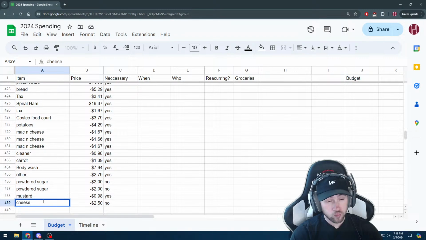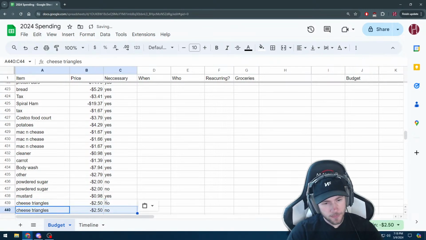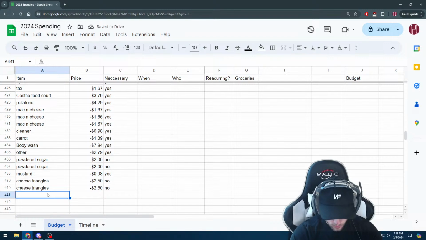Cheese triangles. I don't know what these ones are called, but we got two different kinds. We still have them. I actually don't know how long they last, but I'm sure they're very processed. They were on sale though, so